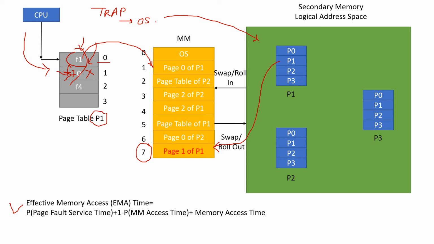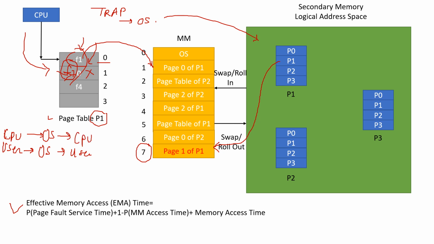So this entire operation takes time. After updating the page table, the context switching will happen and the control will go to the CPU. Generally we say that context switching happens between user and operating system. Here the user is the CPU. Initially the control was with the CPU, then after the trap it went to the OS, then after the OS it came back to the CPU.